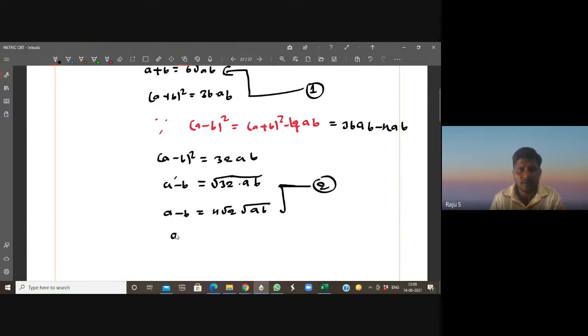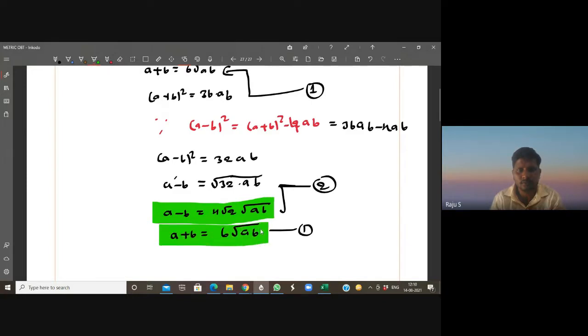So what is equation 1? A plus B is equal to 6 root of AB. This is equation 1. Solve these two equations. Students, observe. Adding both the equations, minus B plus B get cancelled. So 2 times A is equal to, when we are adding that here,